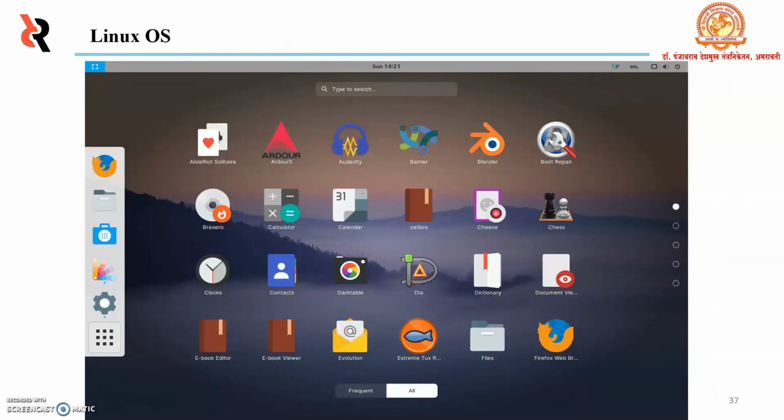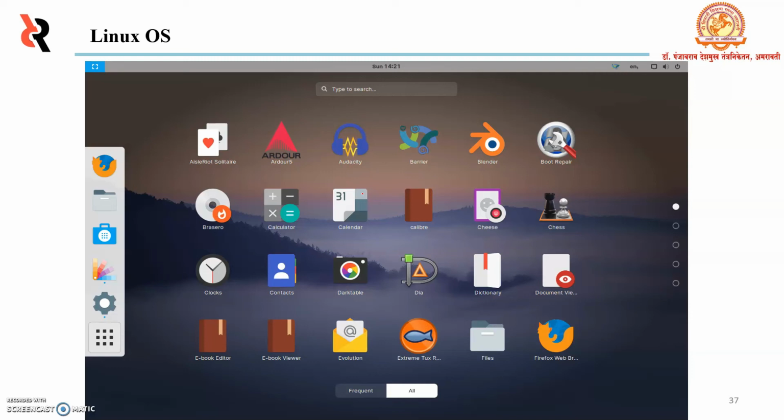Another GUI operating system is the Linux operating system. It is an operating system like Unix, created by Linus Torvalds. Linux is a freely distributed operating system. There is no license. It is completely free. Linux is available in several distributions.